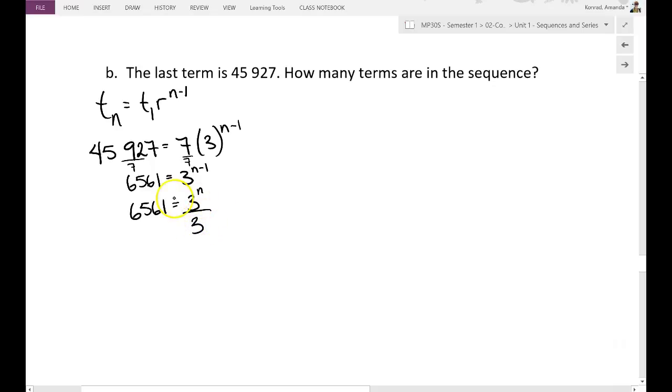So I'm dividing by 3 once. Well, now that 3 can go away at least by multiplying. So 3 to the power of some number is going to be equal to 3 times 6,561, which is